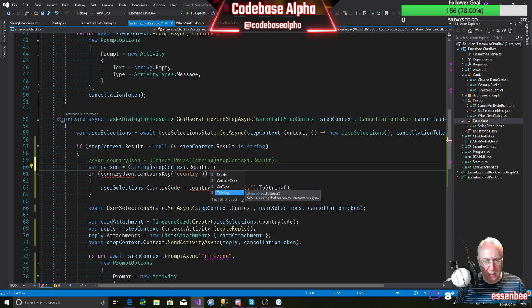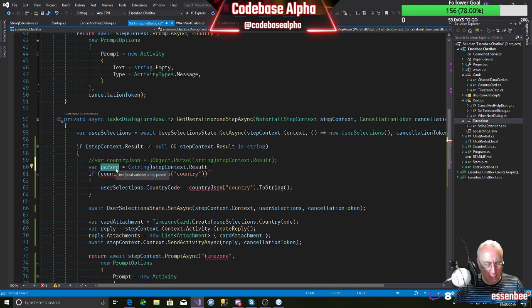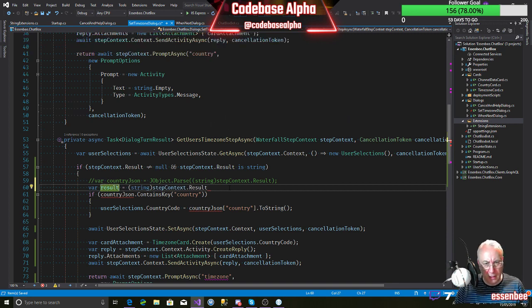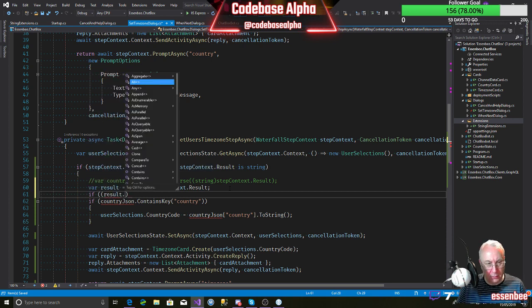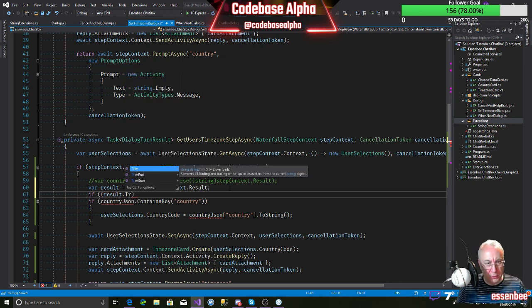So is it a string at this point? An object still. So we need to say that result is going to be that, and then if result.TryParseJson, this should be a string at this point.